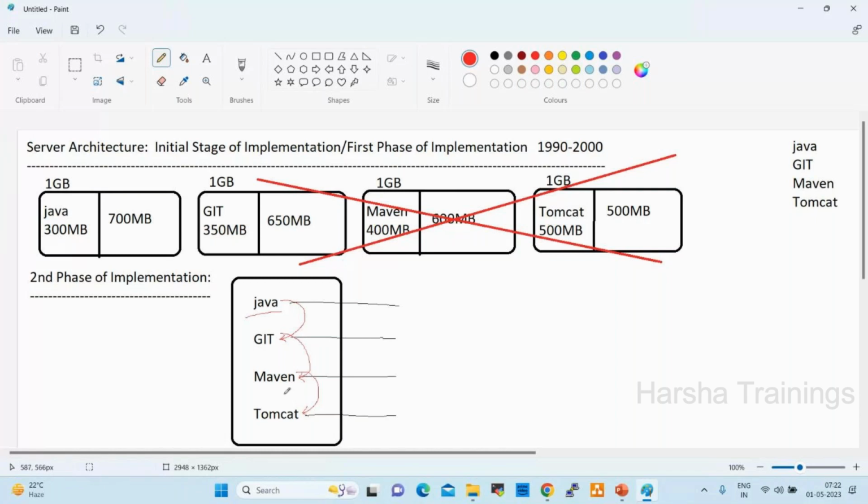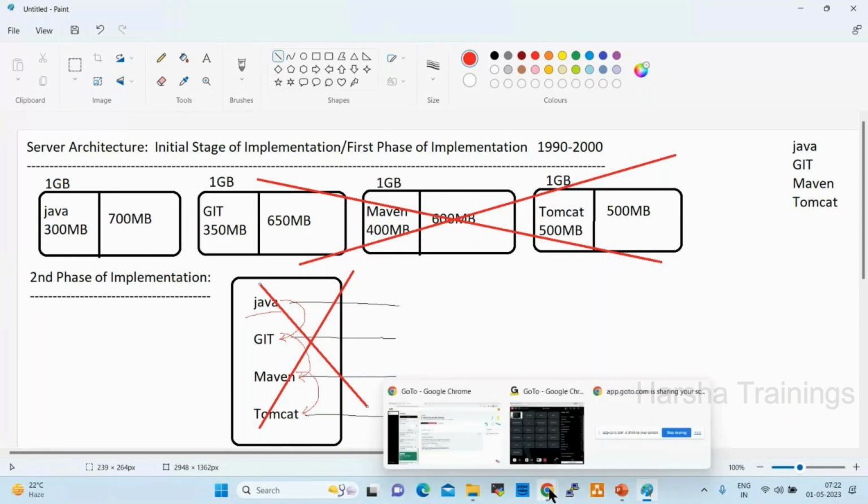And also, if the server crashes, what will happen? All the applications will be gone, right? This is one more drawback. So these are the drawbacks. That is why this is also a failed concept. The second one is also a failed concept, right? And next one,